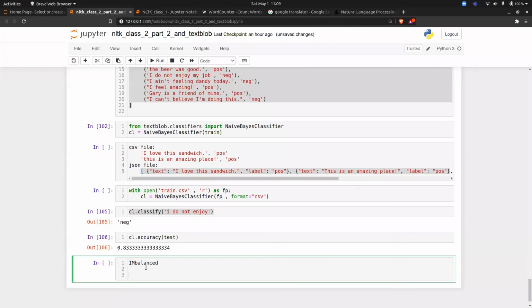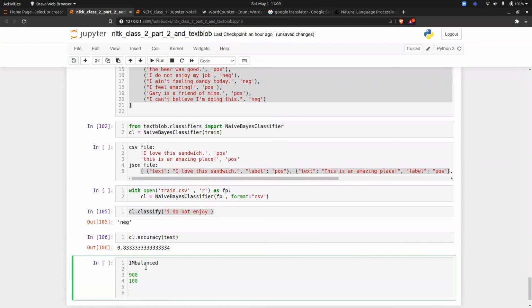The number of positive sentences is 900 and the number of negative sentences is 100, and your model is giving all positive as the answer. So 900 is correct. What accuracy are you getting? You're getting 90% accuracy.